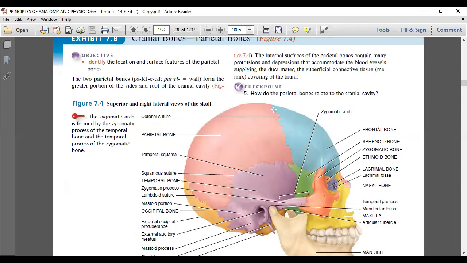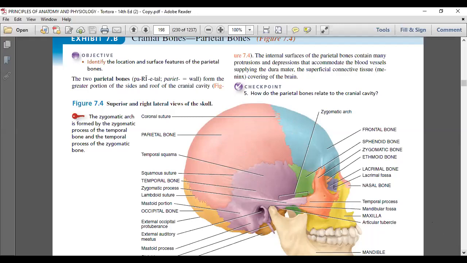Coronal suture. You see this? This is the suture. There are so many other sutures also. Coronal suture, squamous suture. Between the parietal and temporal, we have a suture. That is a squamous suture. Then between the parietal and occipital bone, we have a suture. We say lambdoidal suture. Okay, not much is required. Only one suture we are remembering. That is the coronal suture. Between the frontal and parietal, their attachment appears like a small line. We call it a suture.